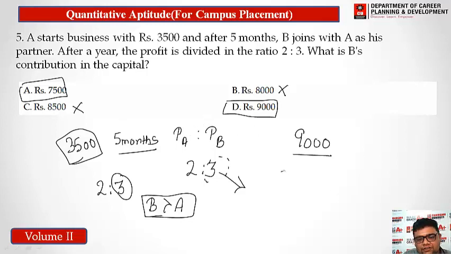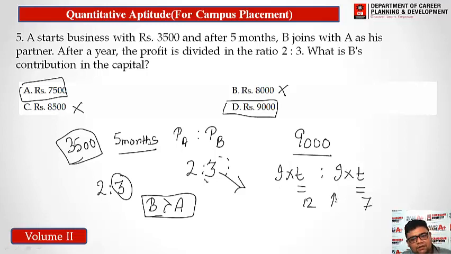So here the profit ratio is installment into time, right? Now if time is getting halved, here he is investing for 12 months, he is investing for 7 months, and the installment should be approximately double to get the value as equal. Now here he is getting more than that, so it should be more than double. So approximately we can say that option D is the correct answer. We can also cross check that, and option D is coming out as the correct answer.